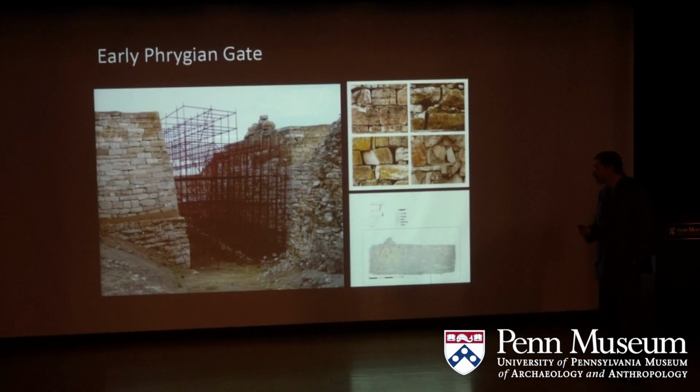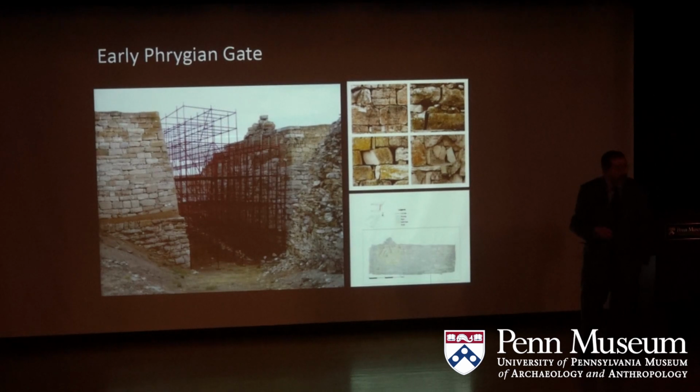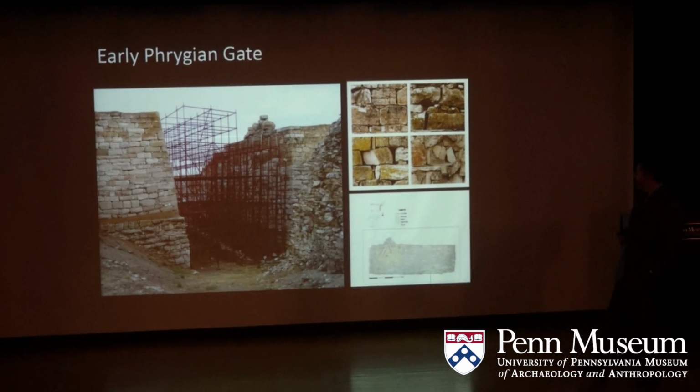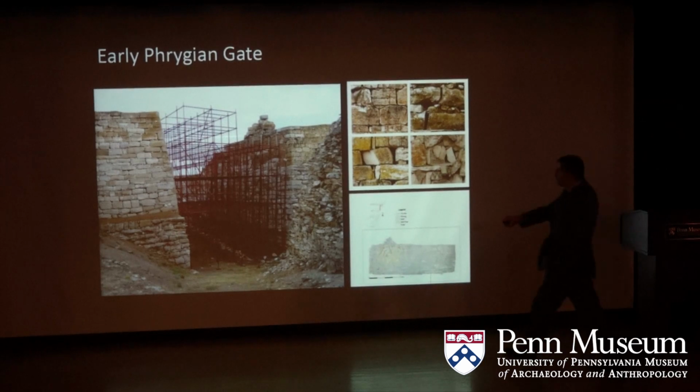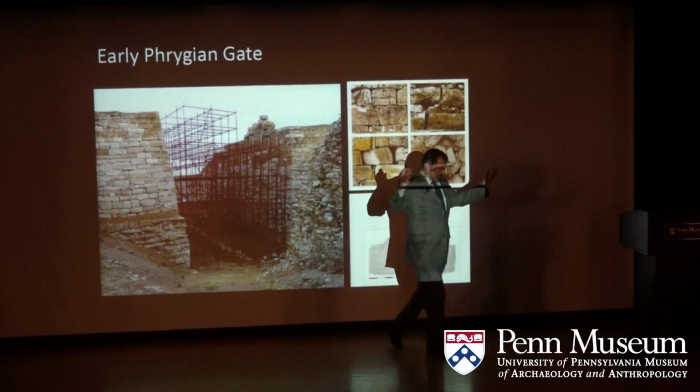Well, I have to include the gate. It's really the most monumental, the most significant. It certainly was to the Phrygians, and they certainly put their effort in it. It was functional, it was defensive, but it was also awesome. The right word in a period when we overuse it, right? And so here you see the entrance, the early Phrygian gate. You just see a bit of the middle Phrygian gate here, of course, which was an enormous structure,